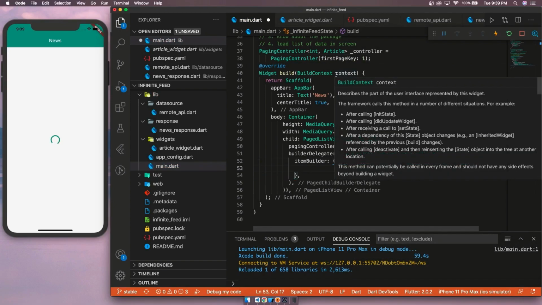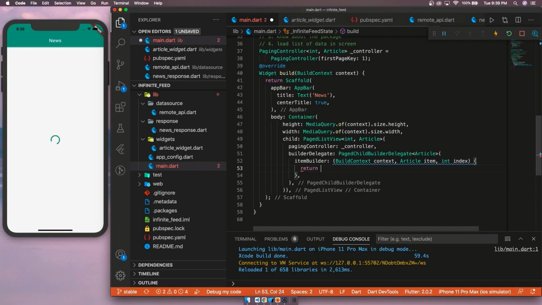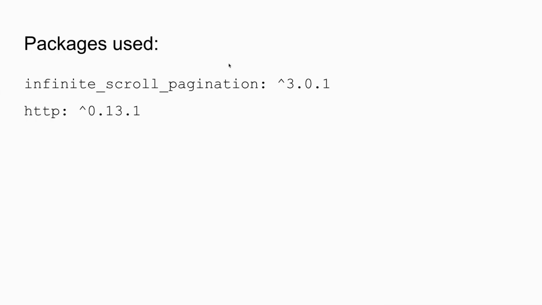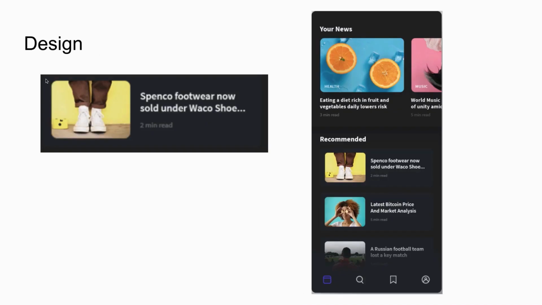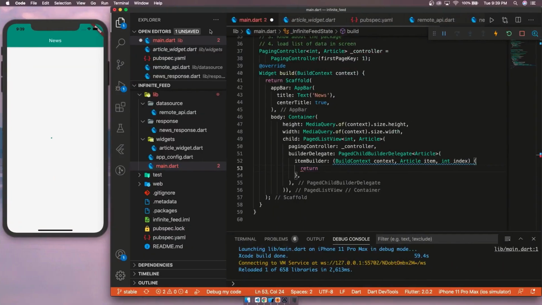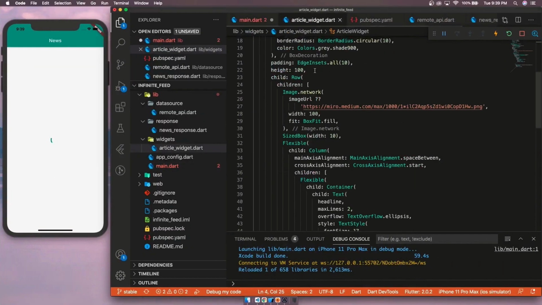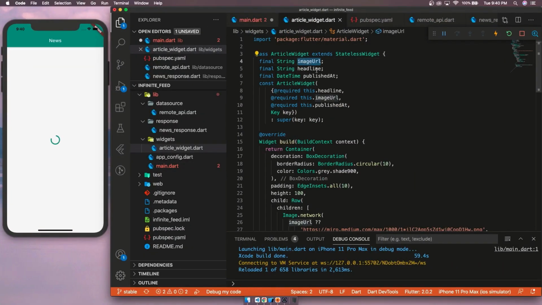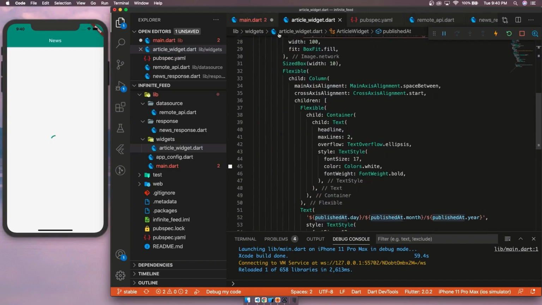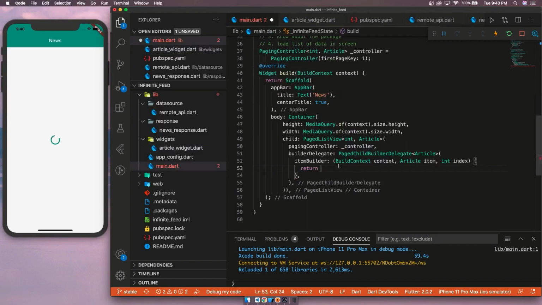So let's return article widget from here. If you remember the design, we had this kind of layout. Inside article widget, I have already made that. Since we are not focusing on the UI, let's not discuss it and we will just be returning it from here.